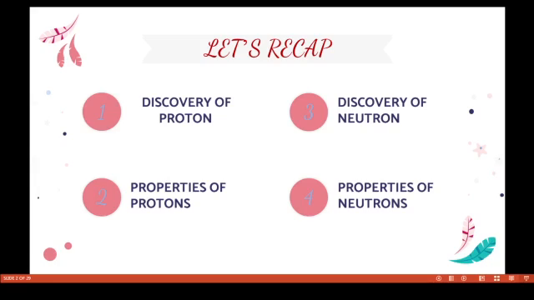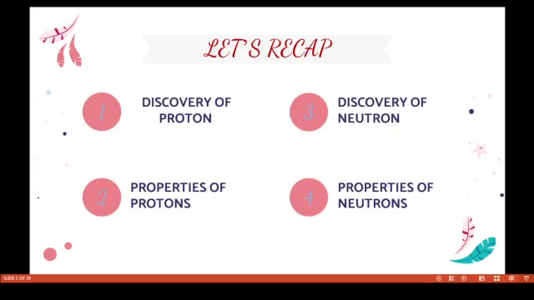Now an atom is electrically neutral, so it must contain some positively charged particles to balance the negative charge of electrons. It has been found by experiments that all atoms contain positively charged particles called protons. The existence of protons in atoms was shown by E. Goldstein, when he passed electricity at a high voltage through a gas at very low pressure taken in a discharge tube. These streams of particles are called anode rays.